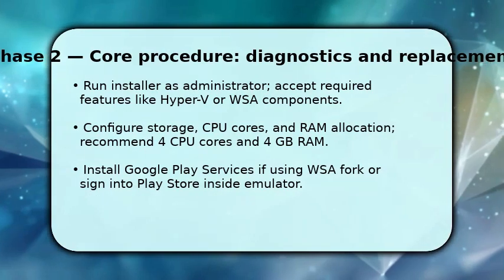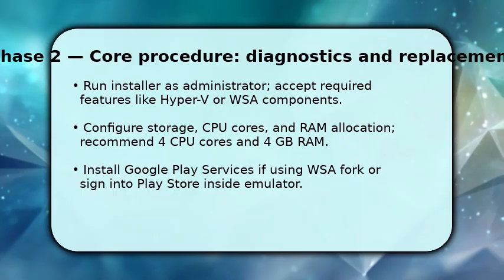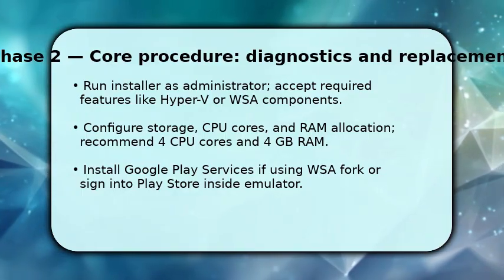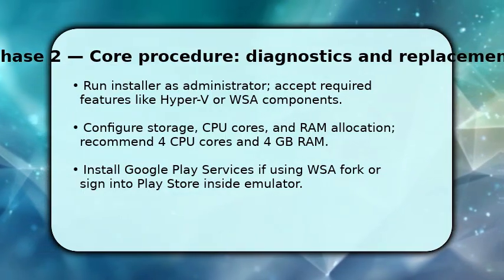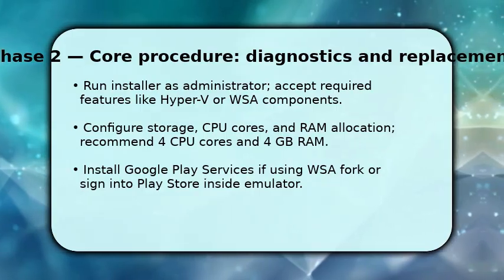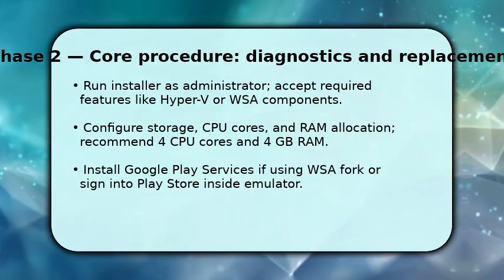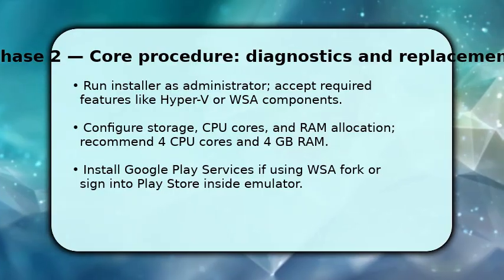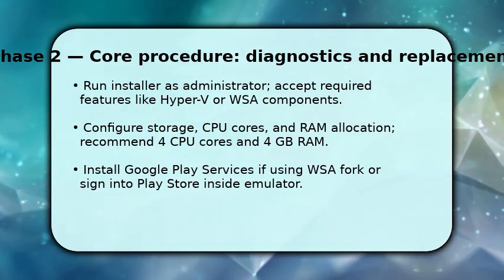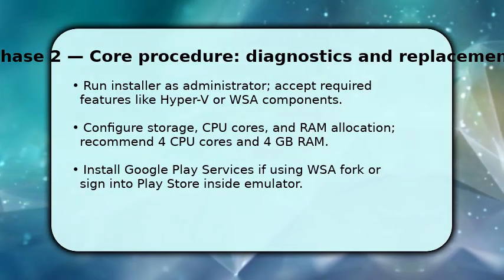You now install and configure the Android layer. Run the installer as administrator and enable Hyper-V or WSL/WSA features when prompted. While installing, allocate resources, set 4 CPU cores and 4 GB RAM at minimum, and configure a virtual disk large